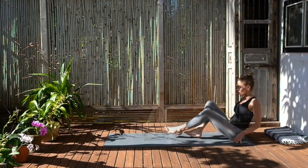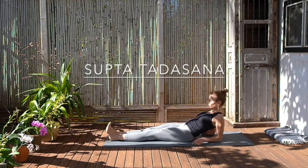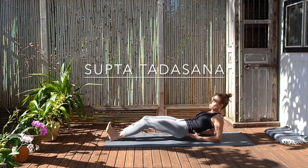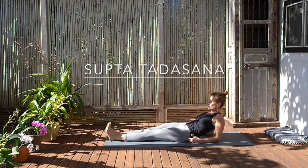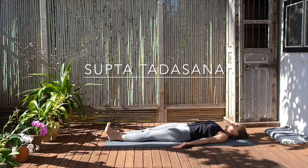Coming now to lie down on your mat in SUPTA TADASANA. So move the buttocks towards the heels to make sure the lumbar stays long, and keep your inner feet touching, and then roll your shoulders back. The kneecaps should be facing the sky, and the legs are firm even though you're lying down. And just feel the alignment of the body, the left heel, the right heel, the buttocks moving towards the heels so the lumbar is long, and with the shoulders rolled back you can press the back ribs in to open